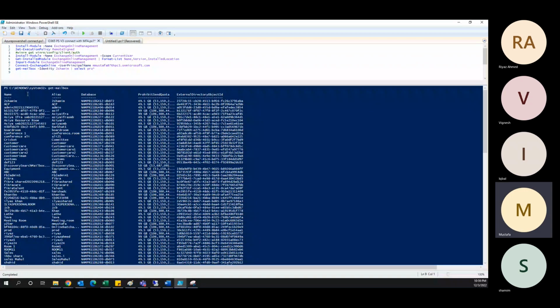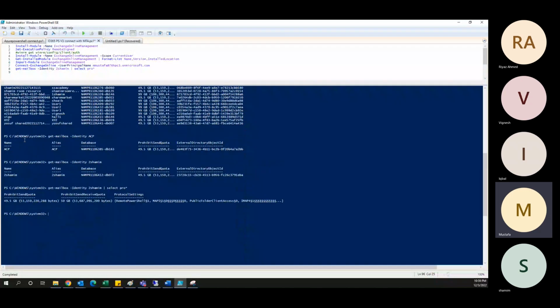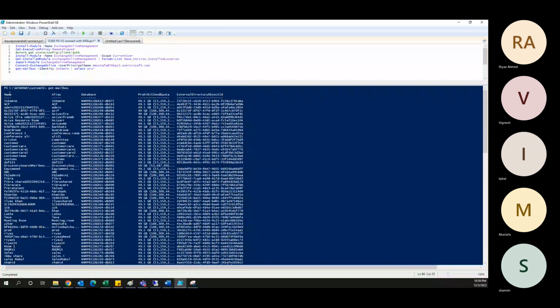अच्छा, अब एक इंफॉर्मेशन है, अभी मैं Get-Mailbox दे रहा हूँ, तो it is not like it has only names, sorry, it has only names, alias, database, prohibit send quota और external और directory object ID। इतना ही नहीं है, यहाँ पर और भी चीजें हैं, ठीक है। So only these four-five properties आपको दिखती हैं। So if you want to get more things, तो यहाँ पर अगर मैं डालूंगा